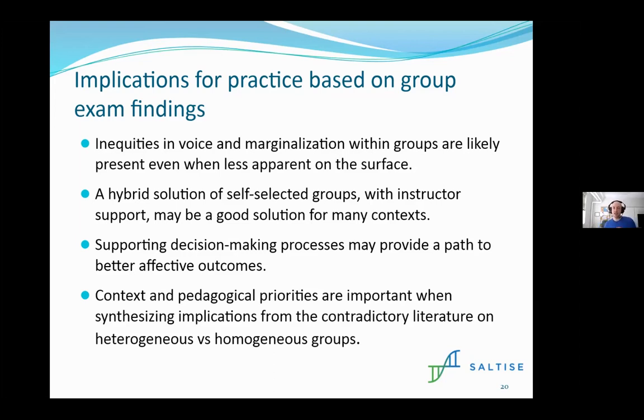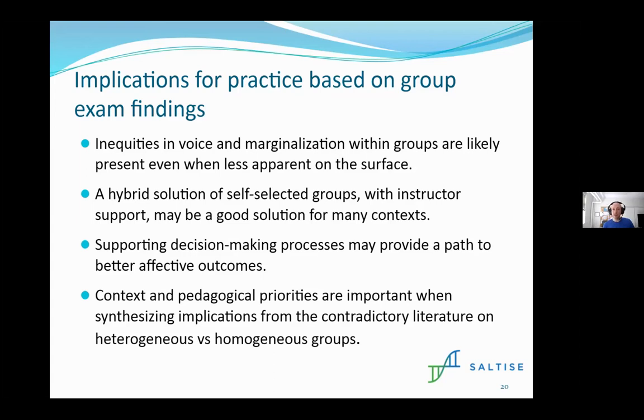For us, this hybrid solution of letting students self-select, but actually putting some measures in place to help support that self-selection, having a form that they sign up for if they don't have people that they want to work with specifically ahead of time, and then letting them know who their group is, those sorts of things. That would be what we would advocate for if you are going to do any sort of self-selection.